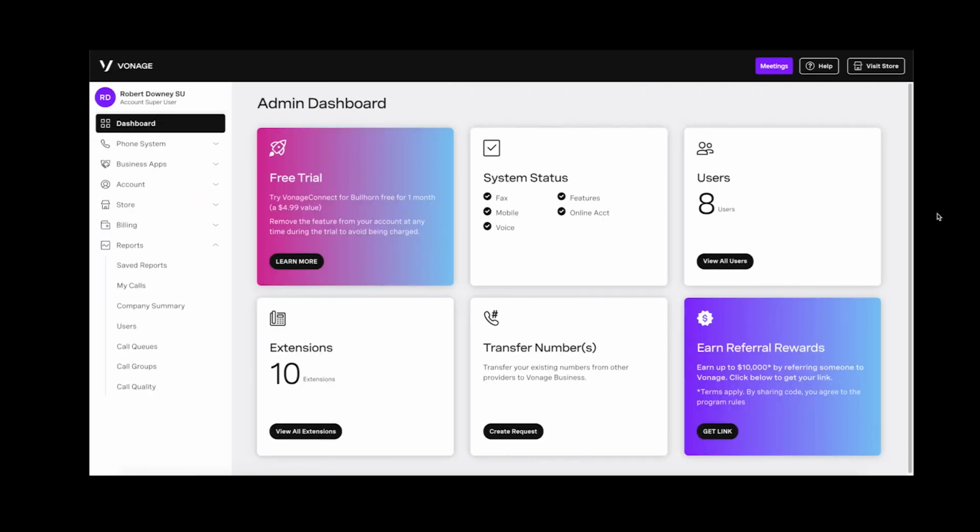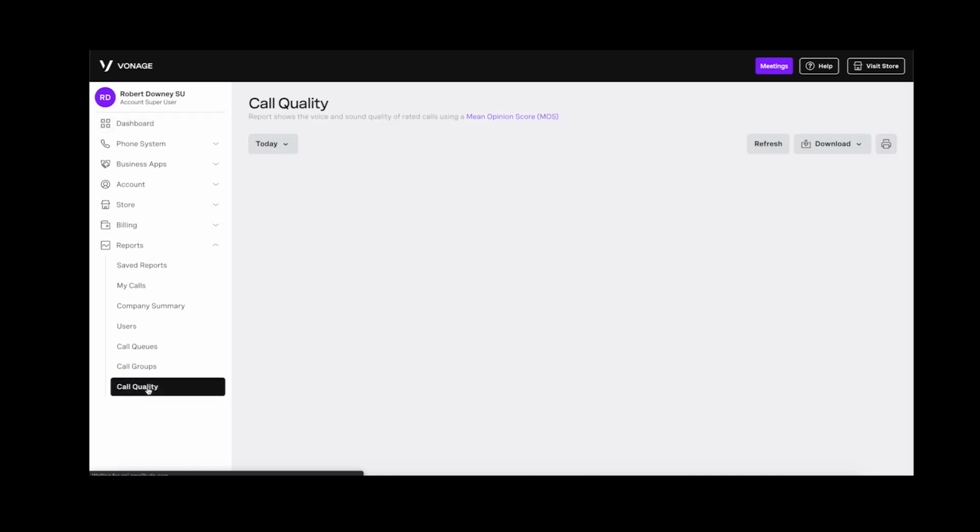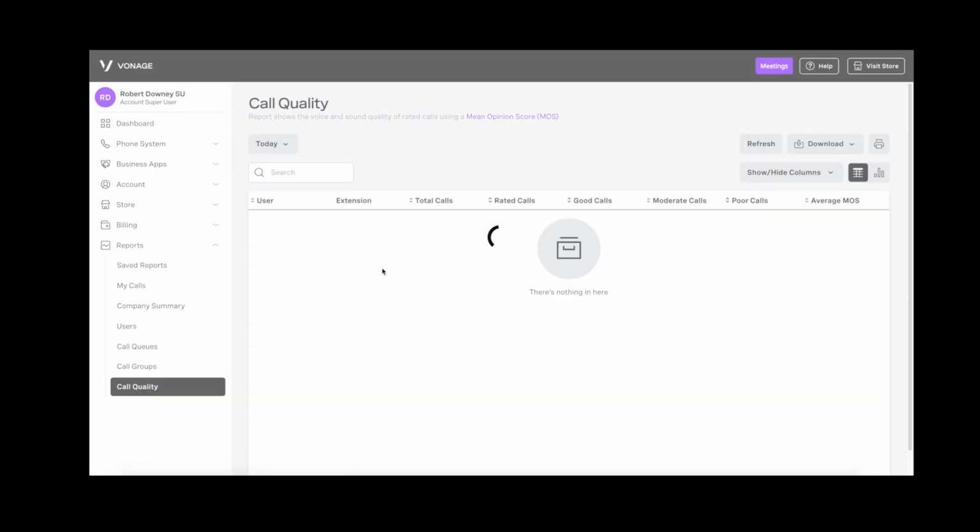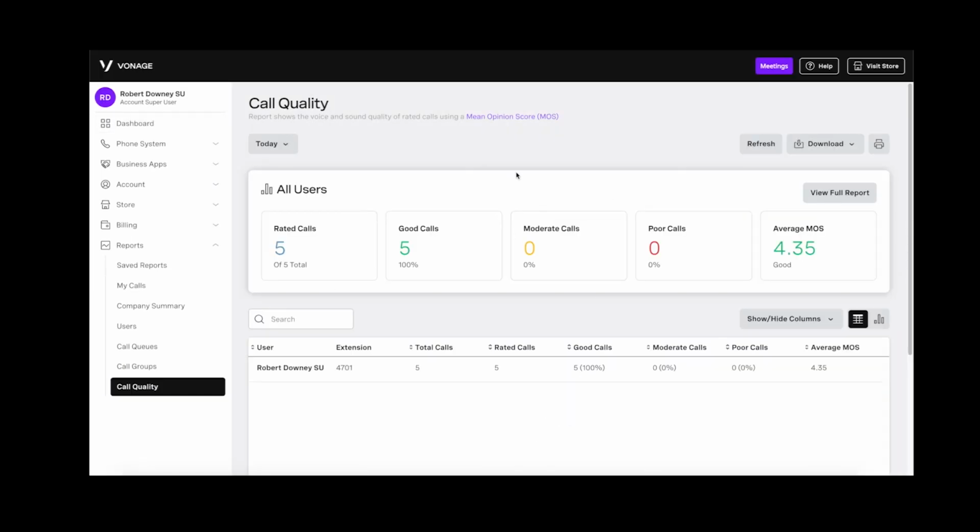In this demonstration, we will be talking about the Vonage Business Communications call quality reporting. The call quality reporting can be found under the Admin UI reporting section under call quality. This system is designed specifically to give you reporting and metrics on individual calls from your endpoint to your customer's